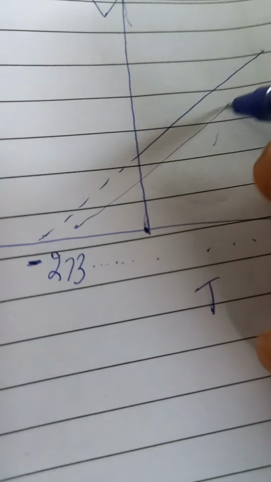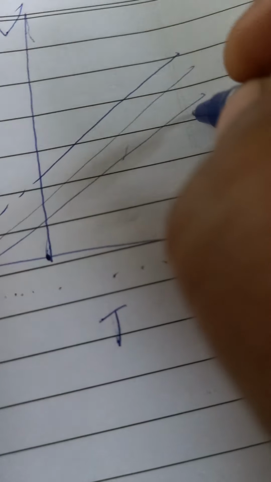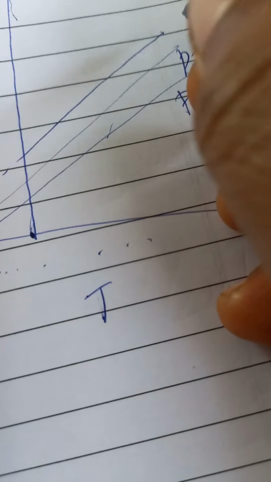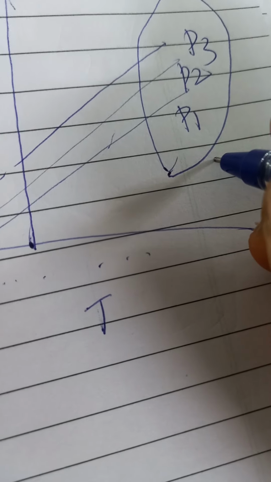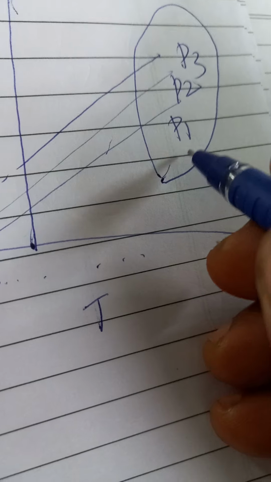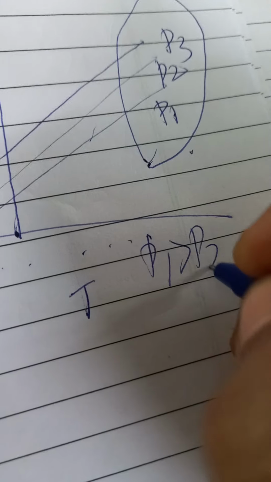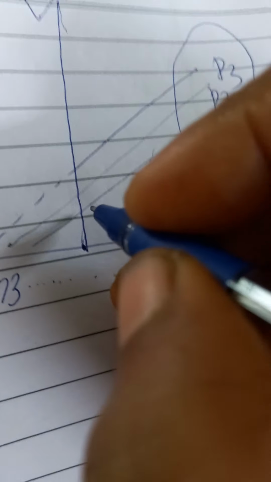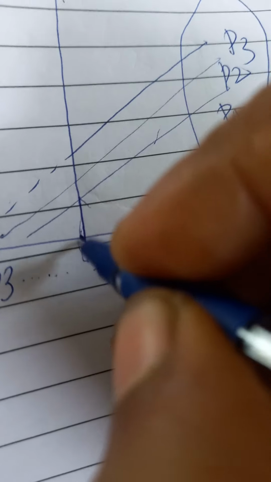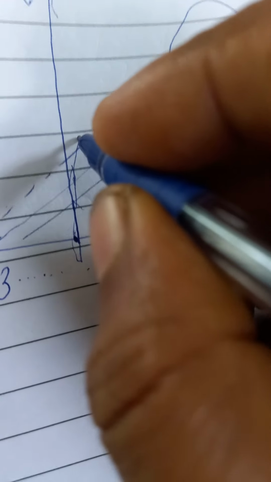So, if there are many gases, we get many lines like this. Pressure kept constant: P1, this is P2, P3. Among the three, which has more value? How does it increase? P1 greater than P2 greater than P3. See, P1 volume is less, P2 somewhat bigger, P3 volume is more. So this is the order followed.